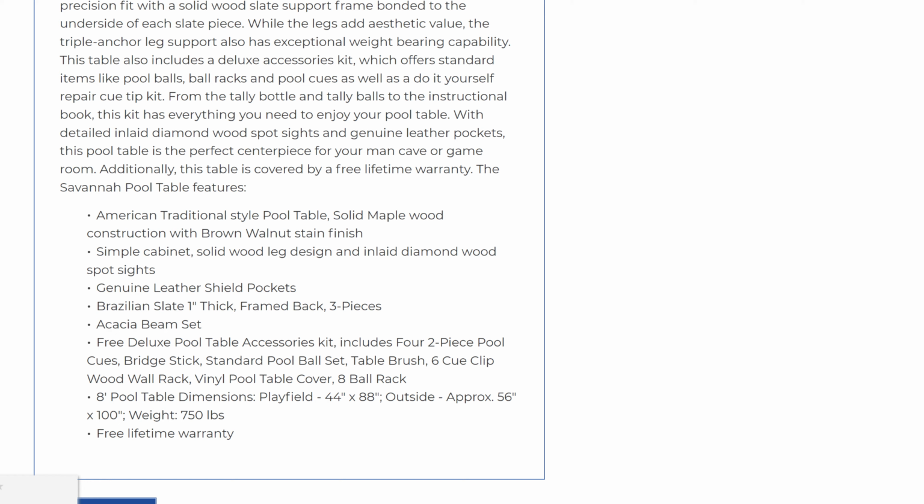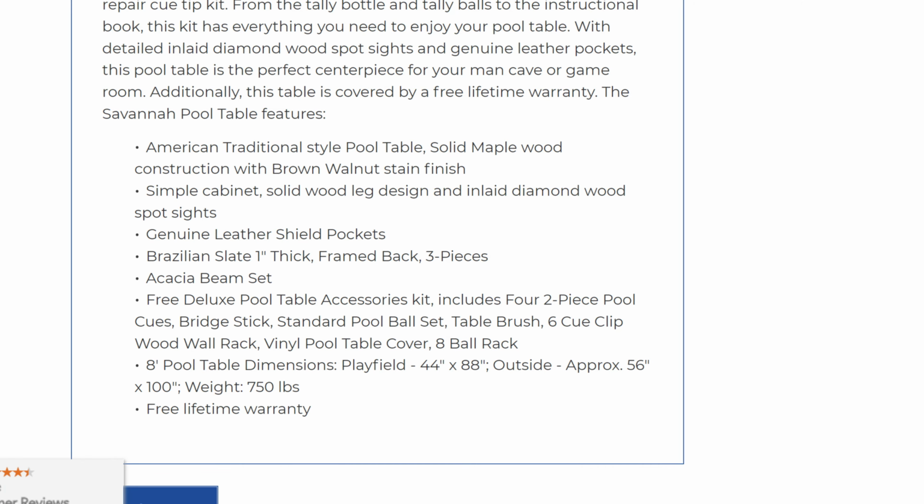Additionally, this table is covered by a free lifetime warranty. Now we get into the Savannah's features. Actually, I guess those were overall descriptions of all of their tables. But let's get into the features of specifically the Savannah, which is the table that David and I installed. The Savannah pool table features an American traditional style, solid maple wood construction with a brown